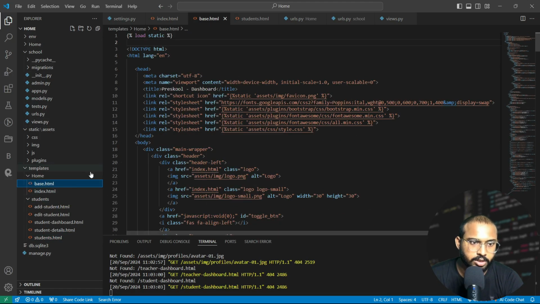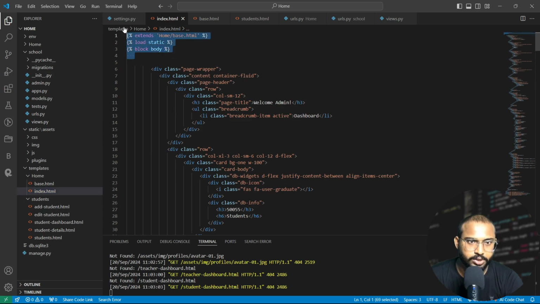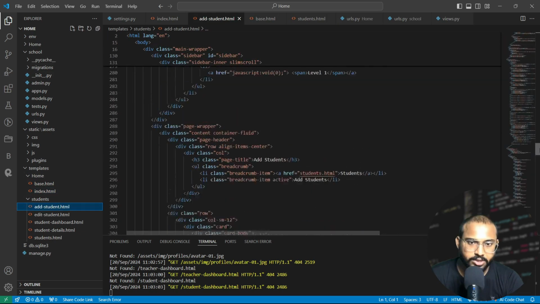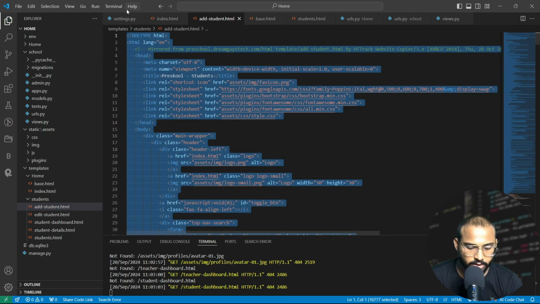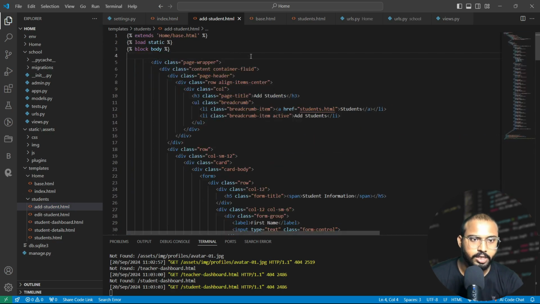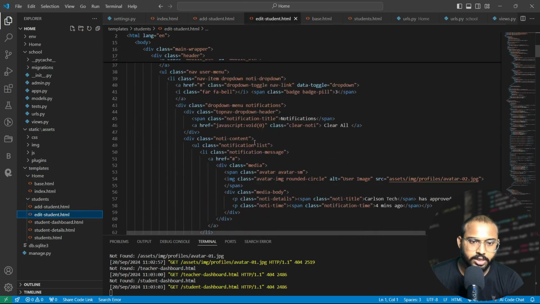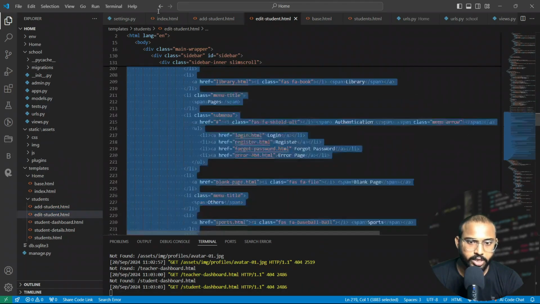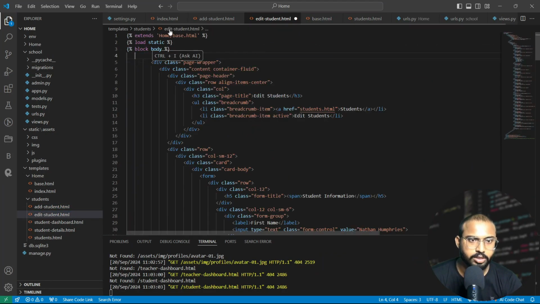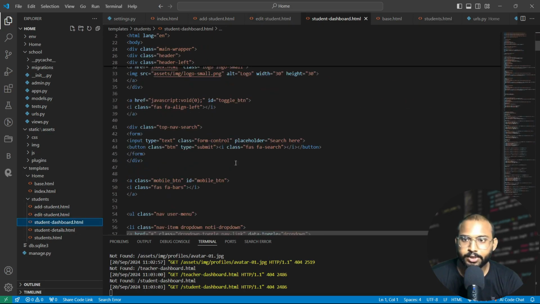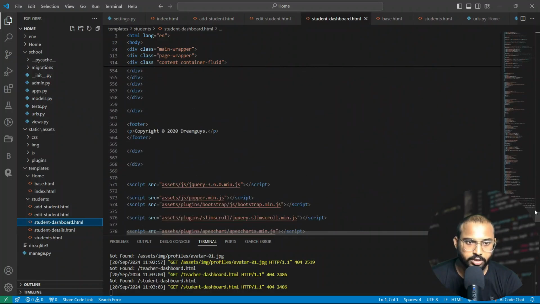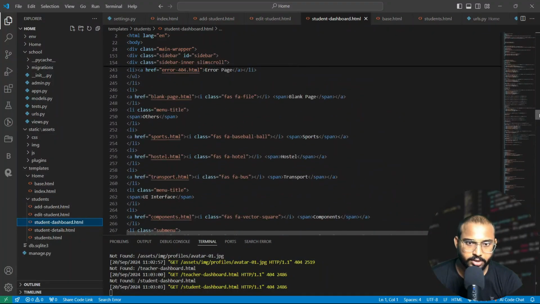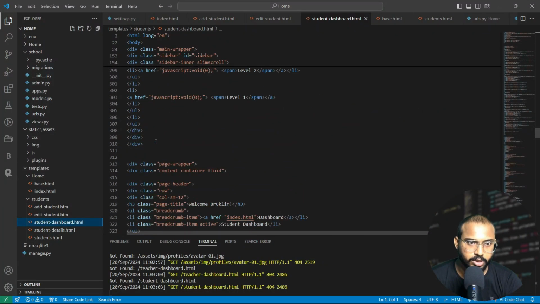First let's copy this code here. It's our navbar, and from here let's remove all this. Just paste it here, save this. Let's do it here. From here let's remove all this, and let's save this. Also in the student dashboard, do the same things. So let's remove all of this, the header. From here,